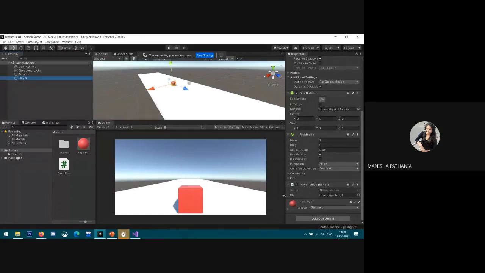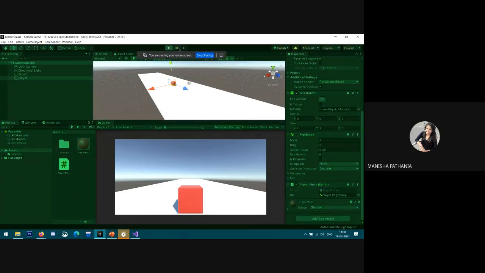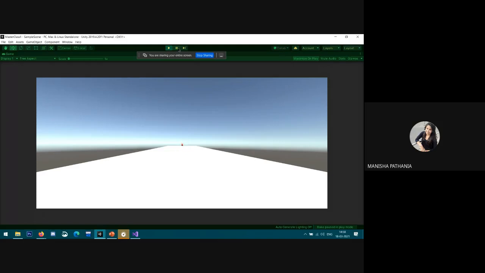It's already visible in the inspector window. So what I need to do is take this Rigidbody and drag it into rb. Now click on play. Something like this. It's rolling on the floor.